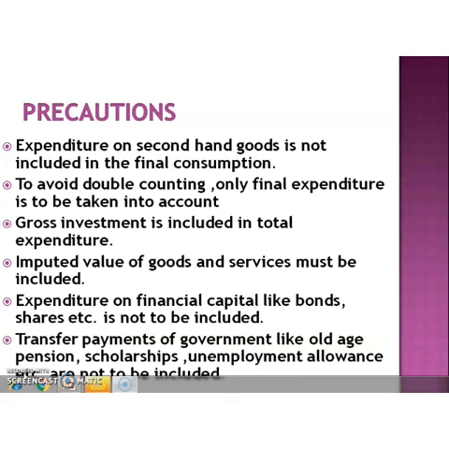So children, that was today's session. Today we have discussed the expenditure method of national income measurement. In expenditure method, national income is measured from the point of view of total spending of an economy, or total expenditure incurred by various components. The components are private expenditure, government expenditure, investment expenditure and net export. When we sum up all this expenditure, we will get GDP MP, and from GDP MP we can calculate national income or NNP-FC. I hope you understood the calculation of national income in expenditure method.